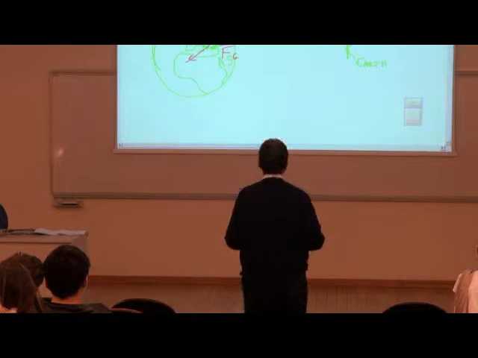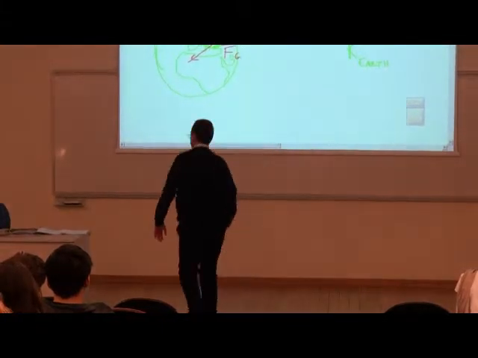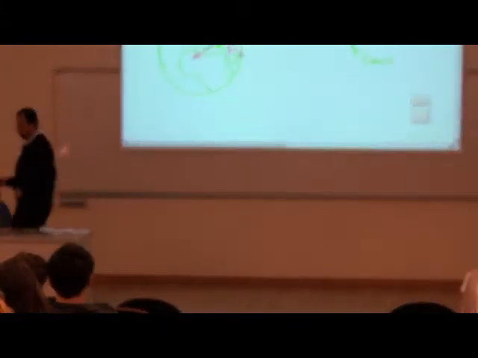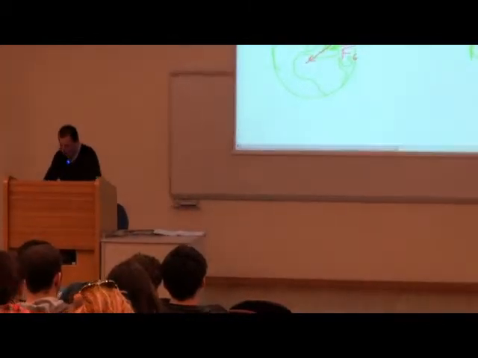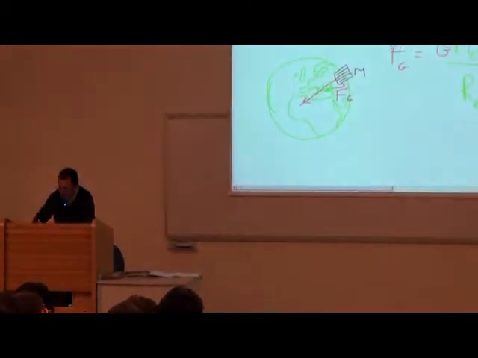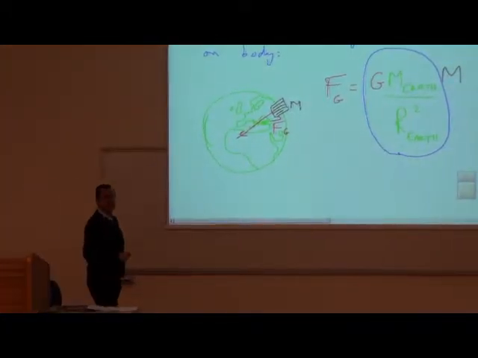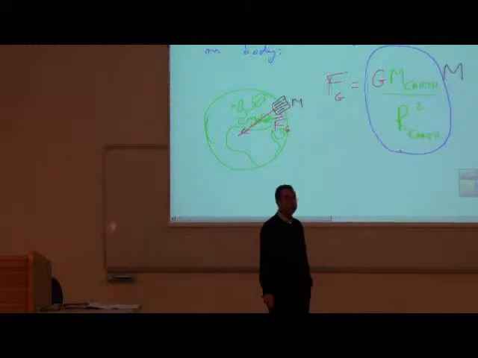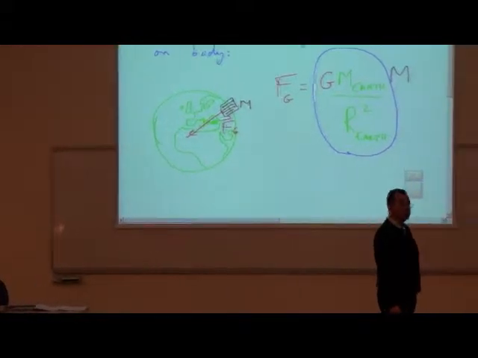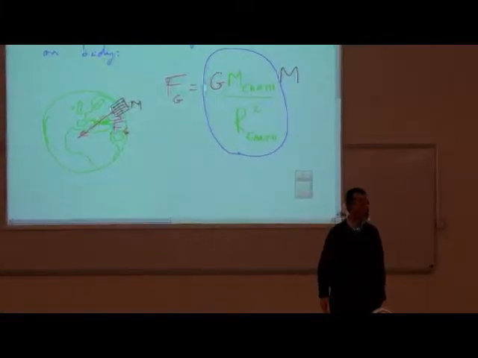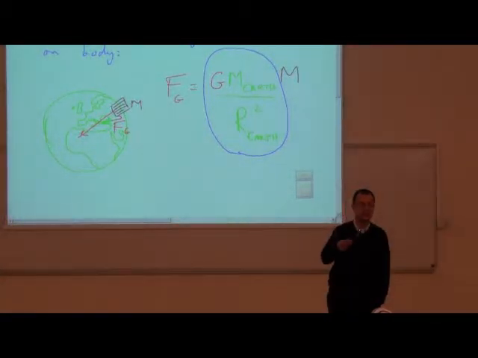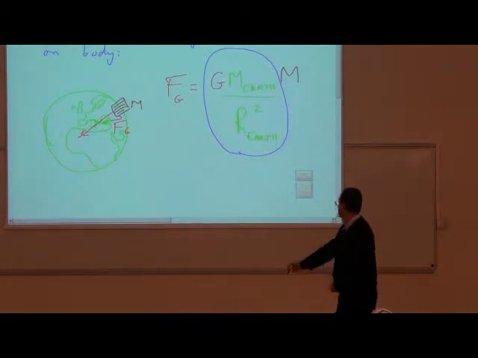This means these numbers occurring there, the mass of the Earth and the radius squared of the Earth, are the same for any object anywhere on the Earth. G is just a constant that depends on our system of units. That's not important. It's a proportionality constant. But the whole combination